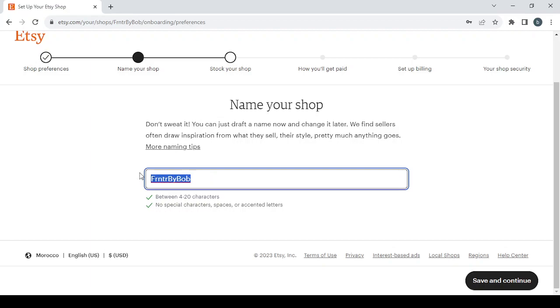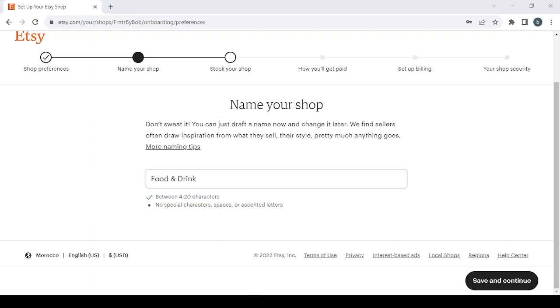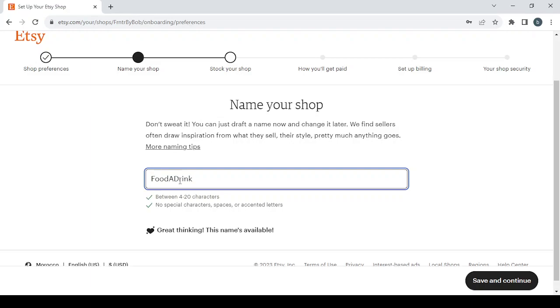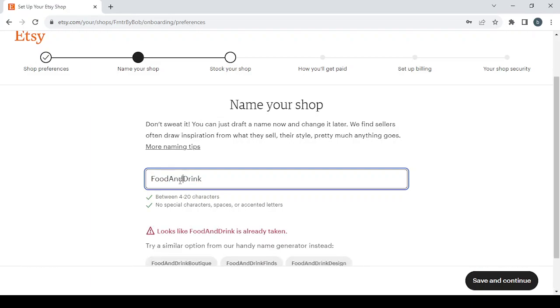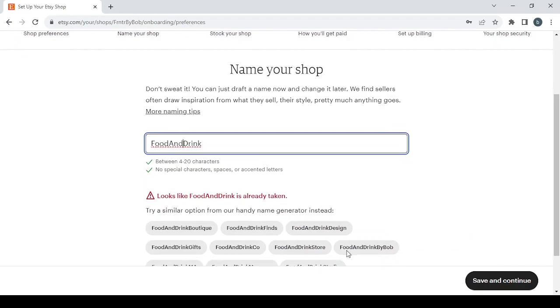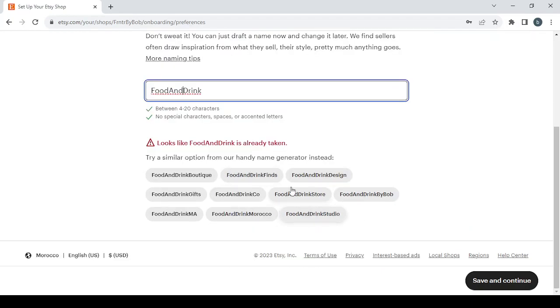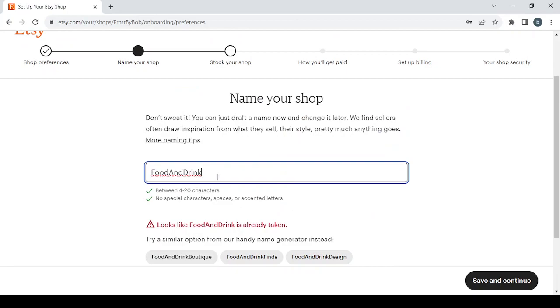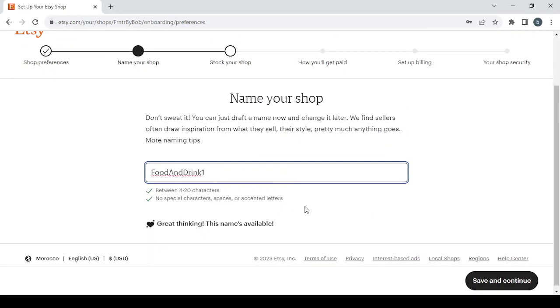So here, let's give our shop this name, and let's remove the spaces between words and the special characters as well. Then let's make the name unique. And it seems like the name is already taken. You can choose one of these options, or you can just add a number. Then the name will be available. Then click on save and continue to proceed to the next step,